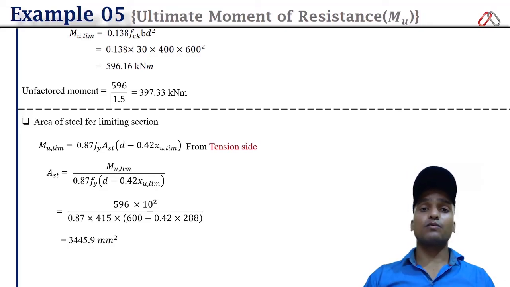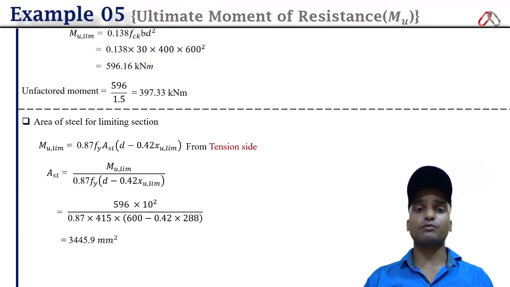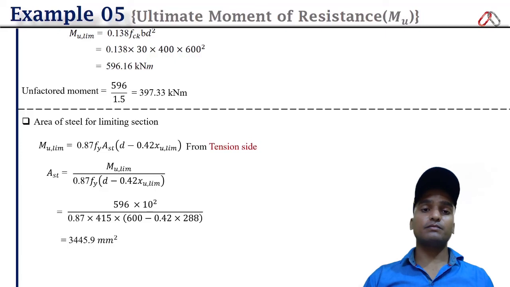You understand? Over reinforced section means a section in which we have provided more reinforcement than the steel requirement, and that's why our section has become over reinforced. So even if we increase the external load in such cases, nothing is going to happen in the steel. They are not going to yield.